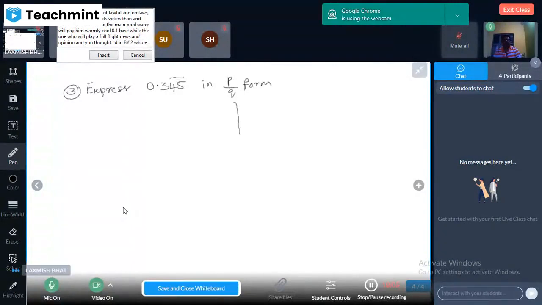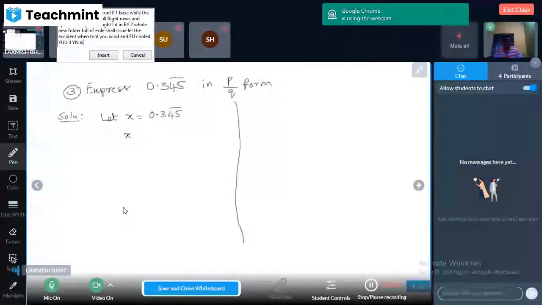So let us solve this example. Solution. Let x is equal to 0.345, where only 45 contains the bar. So x is equal to